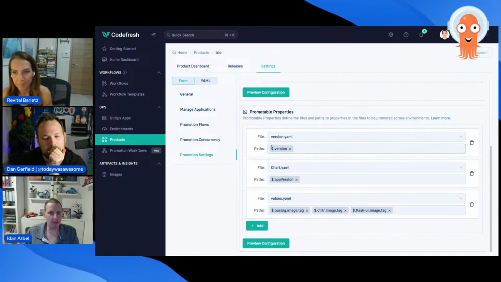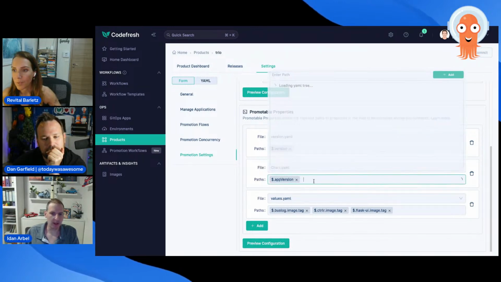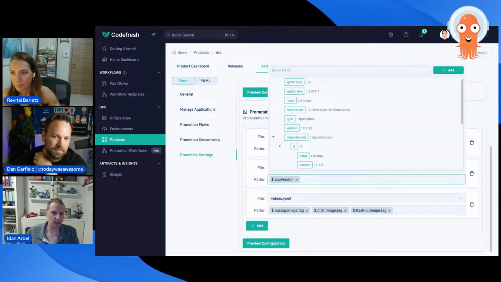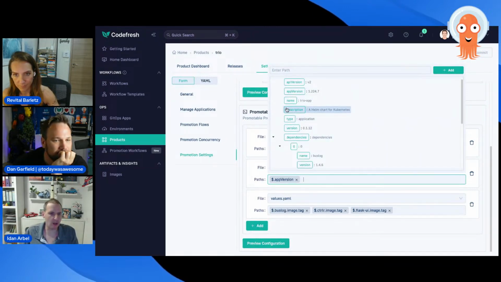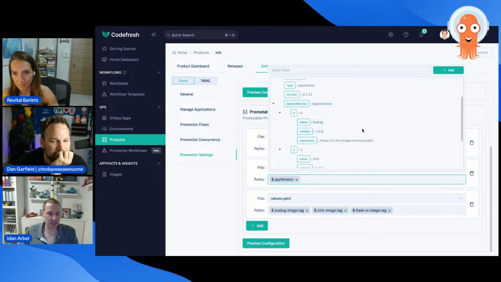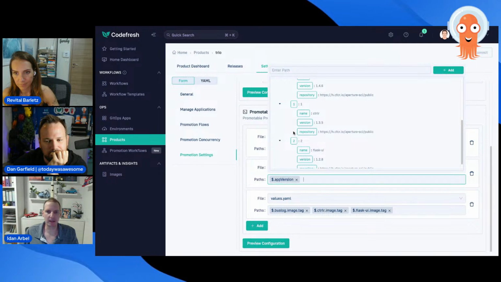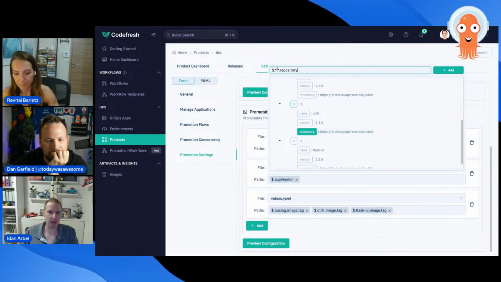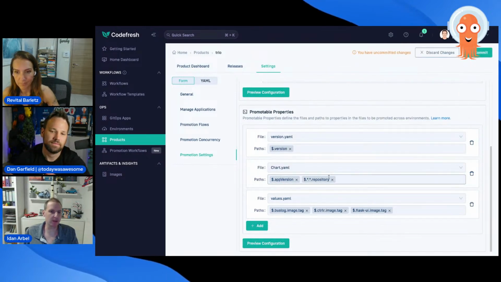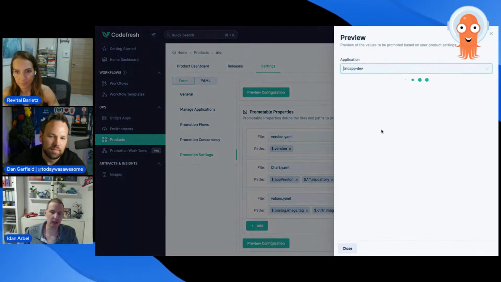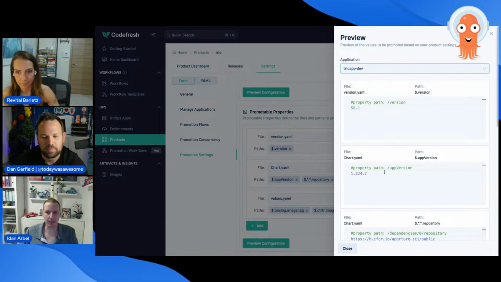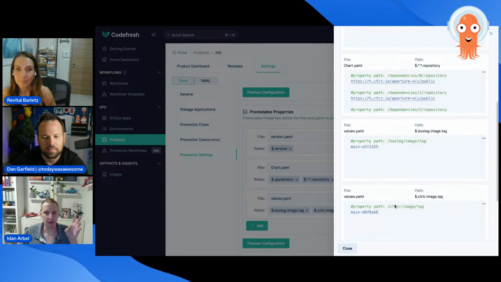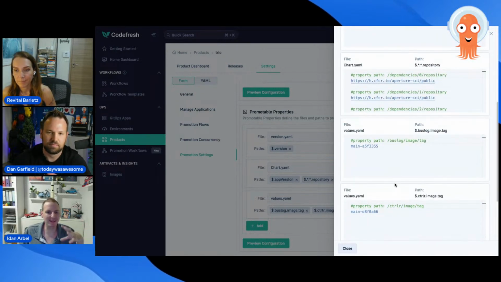So version.yaml, we're going to get this JSON path. And look how easy it is to essentially choose the path. I don't need to figure out the wildcards and the exact path. I've got a preview here of my YAML structure. I've got examples of the values. I can say, hey, let's take the repository with 2 wildcards, add that, and that's what's going to get promoted. And I need to commit these changes. And if I want to see that this is actually what I want to promote, I can preview the configuration, and it's going to load up an example app and show me the values that will get promoted. So again, I have confidence in what I'm doing. It's easy to set up.